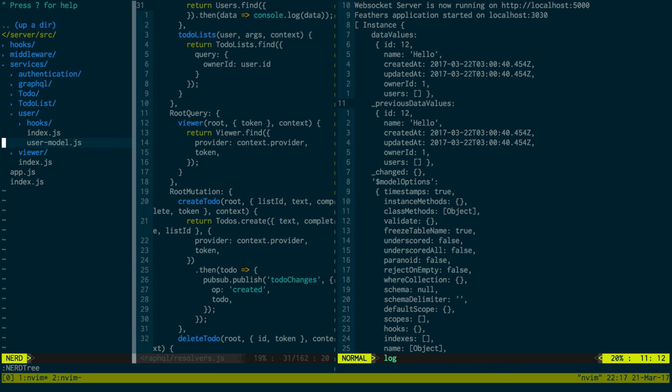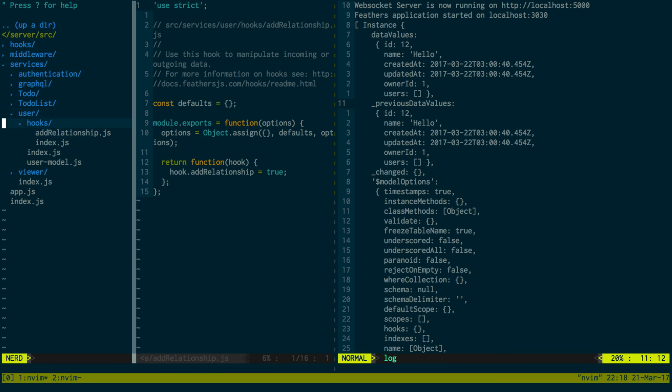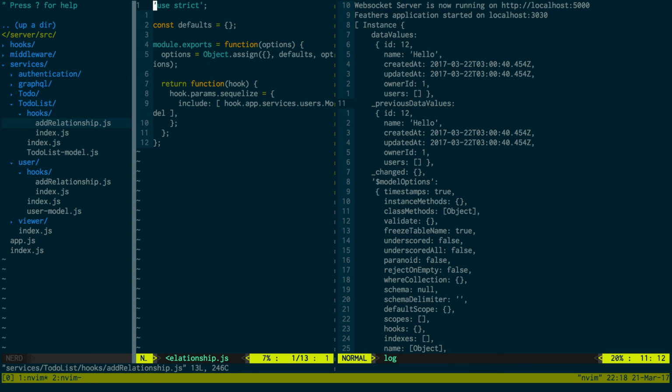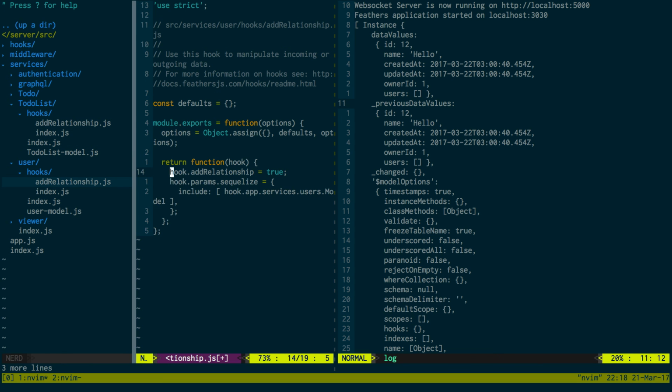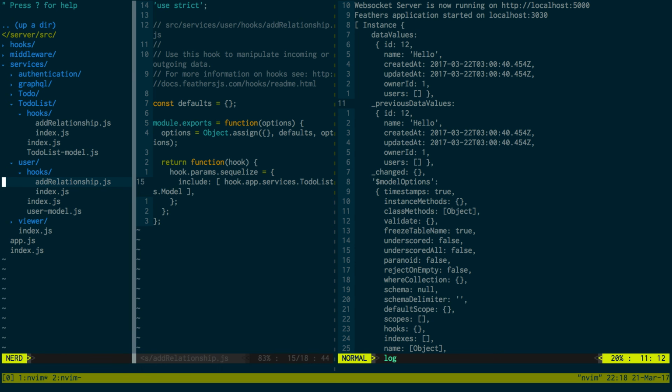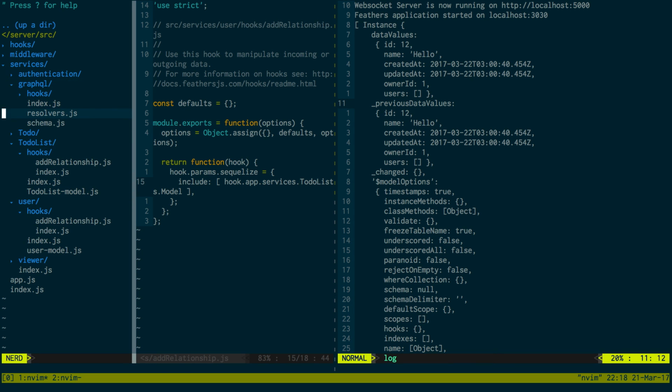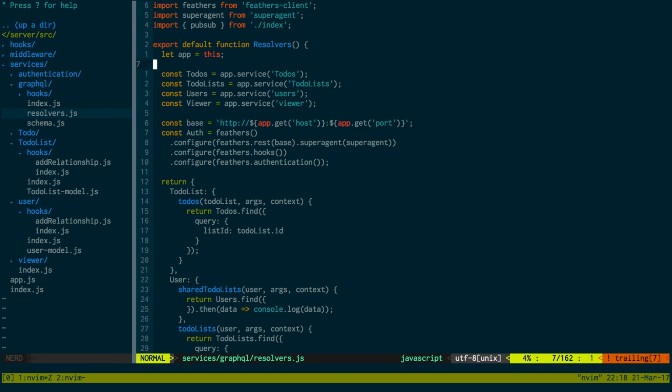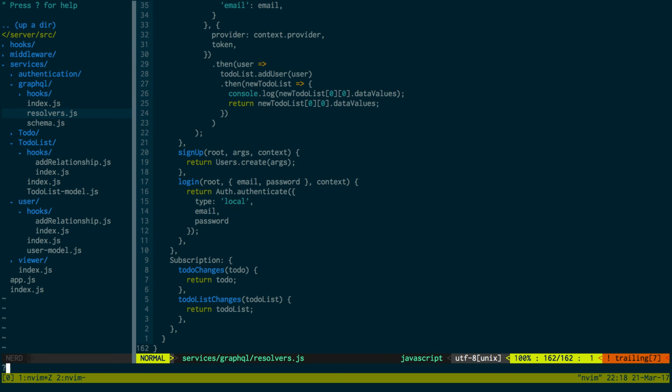Now if I go to user, what I want to do is I want to just do this. Exactly what I did here. I want to see this side of the relationship, what kind of data we're getting. So to-do list. And that's it. That's good. I'll just go back to our resolvers to show you guys. So now what I'm to test this,